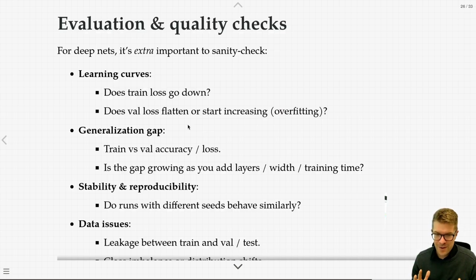Part of me kind of wanted to go in and break things a little bit, so the deeper and deeper neural networks would suddenly start behaving weirdly, just for the sake of the story of this course, to emphasize the message that deep neural networks aren't just magically better and you still have to be careful. That's the most important message I wanted to convey to you budding machine learning experts.